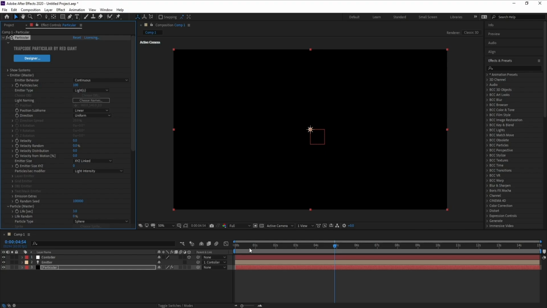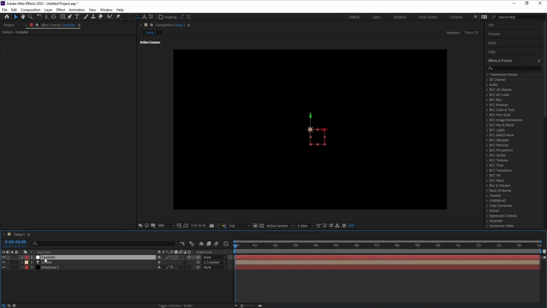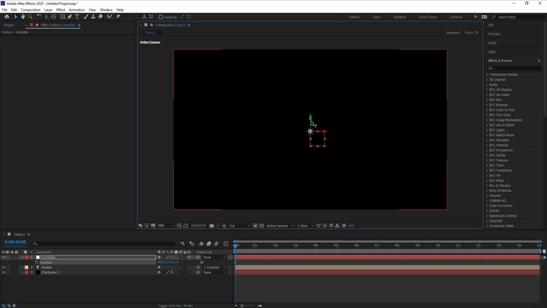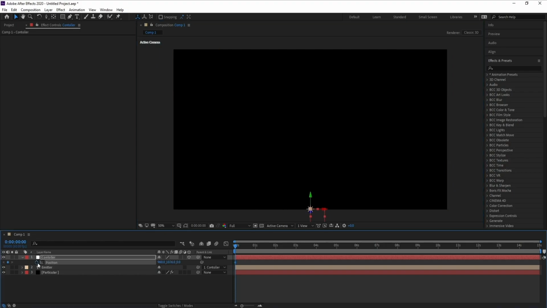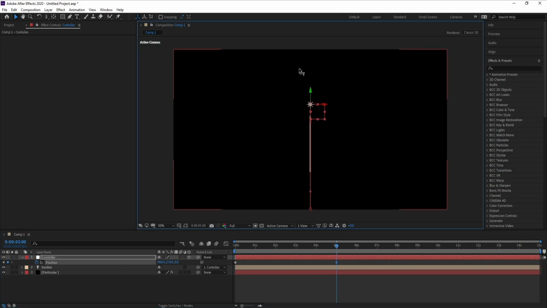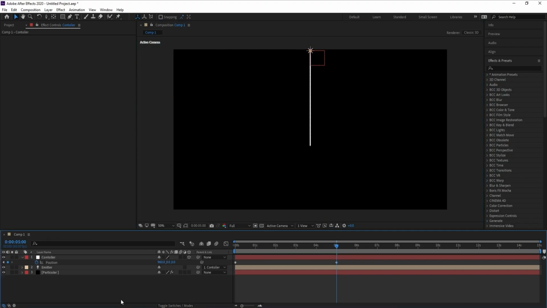Now I'll go to first frame, go to controller, press B, and I'll move Y position like this. Okay, and keyframe. Go 5 seconds forward and bring it up like this. Very good. Now I'll press A, anchor point, and I'll change position X to